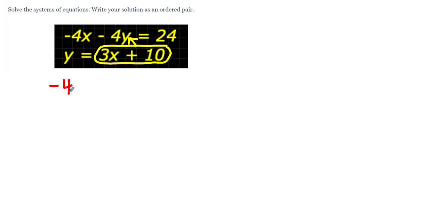So I have negative 4x minus 4 parentheses. Now be careful, we're going to have to put a really wide set of parentheses because I need to accommodate 3x plus 10 in here. So 3x plus 10. That's going to go where the y used to be. And then I'm going to put equals and then 24. So notice that this equation I have right here is the same as the top one. I just got rid of the y since y is equal to 3x plus 10 and I put 3x plus